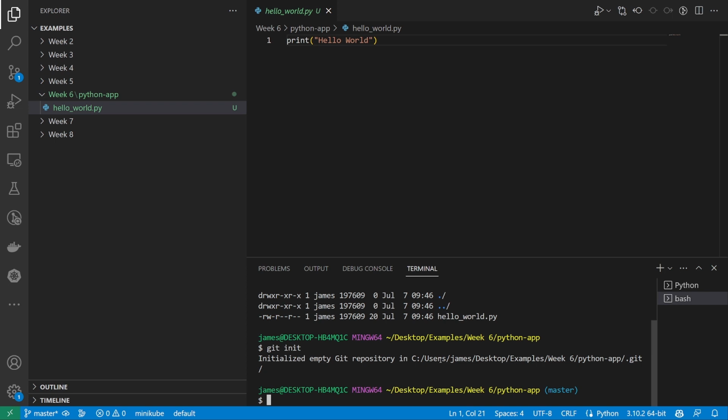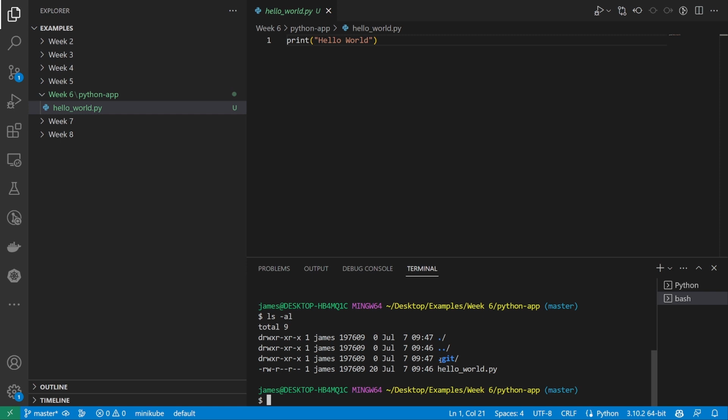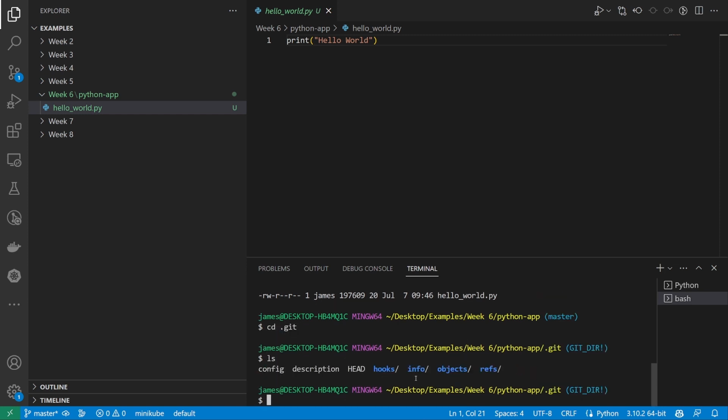Okay, great. So what I'd like to note now is if we run that ls al command again, you'll see that a new .git directory has been created. And if we actually cd into that .git directory, you'll see a bunch of different little folders and files have been created, and all of these are just different references and configurations for the Git repository in your Git connection, which is important to note. And that's just how we distinguish between a normal directory and a Git directory. So if I cd back,